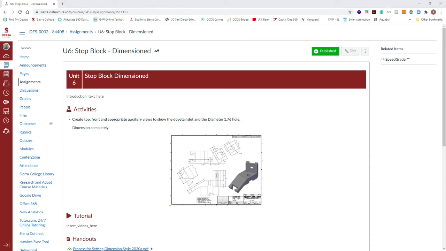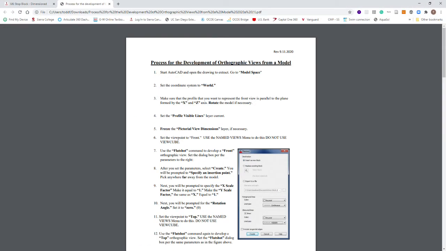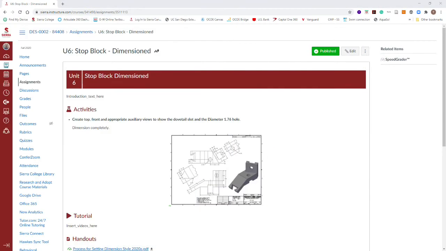So we're going to follow the same procedure that we've been using, and it's in the handouts: the process for developing orthographic views on a model. We're going to start with that and do our two primary views, our front and our top.